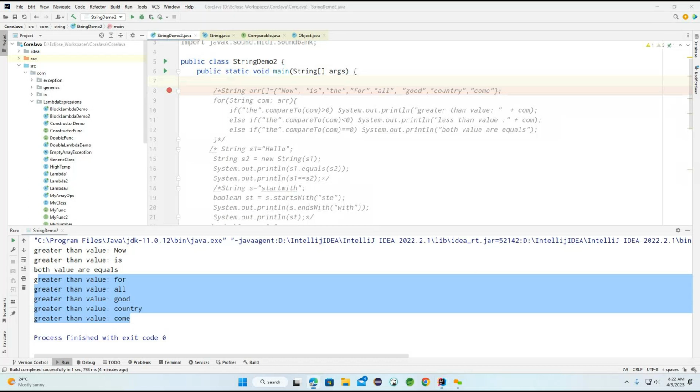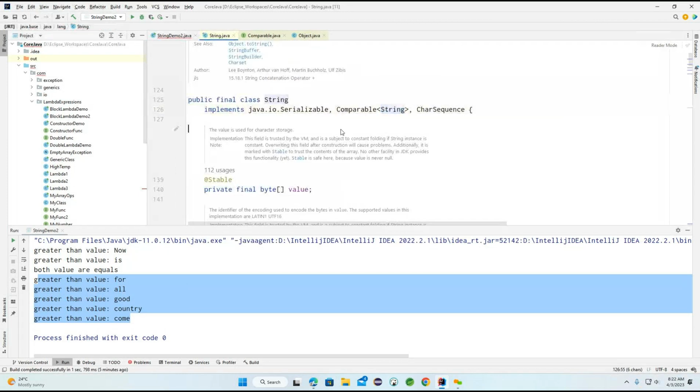Now, how am I trying to check this indexOf and lastIndexOf here? So I will copy